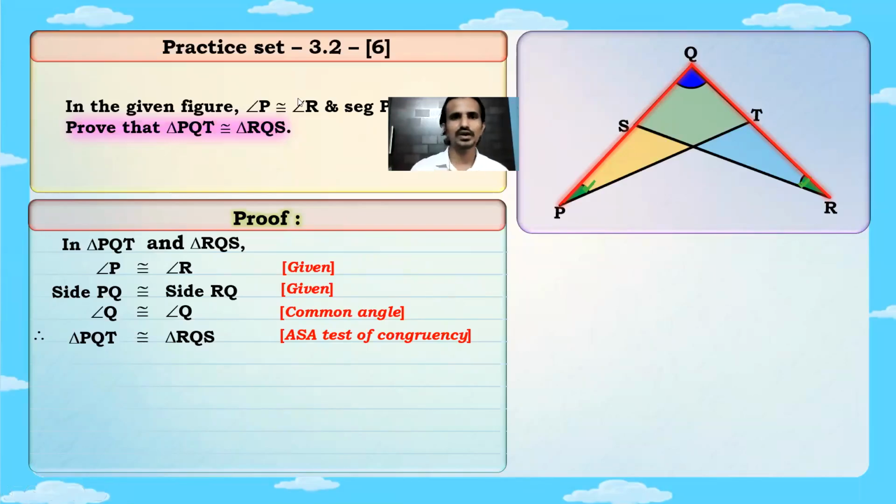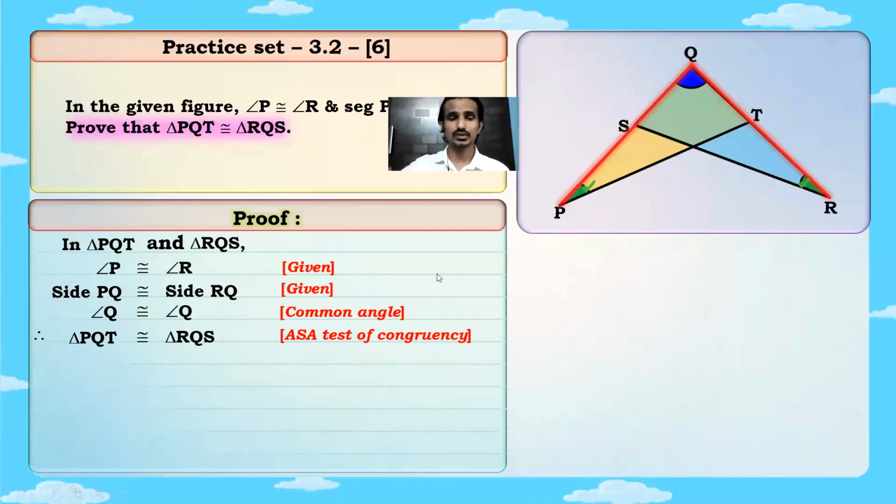Okay, so where to use the congruent sign and the equal to sign? Now remember, students, whenever you are writing the measure of any segment, length of any segment, or measure of any angle, whenever there are numbers involved, you should write equal. For example, in the right angle hypotenuse test, when we write the right angle, we write 90 degrees. When we are writing that 90 degrees, that time you write equal. Otherwise, when you are proving the test, every time in the test put the congruent sign. Except for the hypotenuse side test where we write that 90 degree number. Wherever a number comes, there use the equal sign. Because the congruent sign is for geometrical shapes and the equal to sign is used for numbers or values.